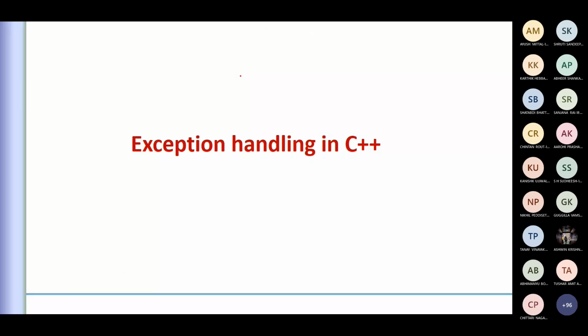So we will begin with another concept, exception handling in C++. It is also very important. In any industry, they are worried about exception handling, because the program will go into hang mode, and we don't know what is happening or why it is behaving like this. That is because the exceptions or errors are not handled properly. So they give a lot of importance to identifying the errors and rectifying them, or if that is not possible, at least handling them properly.